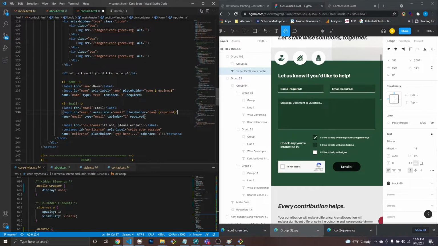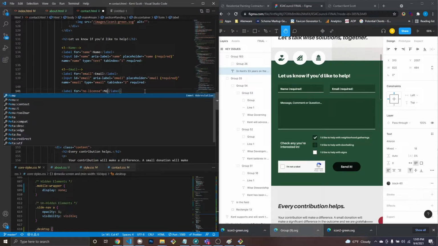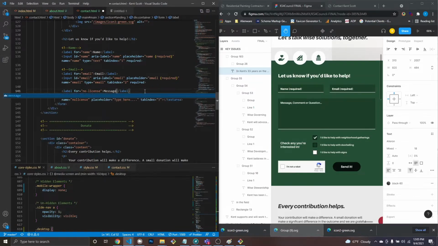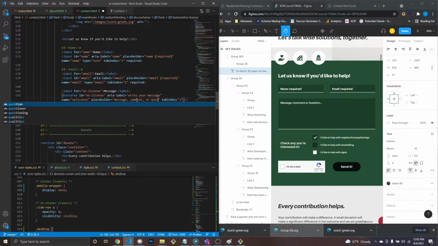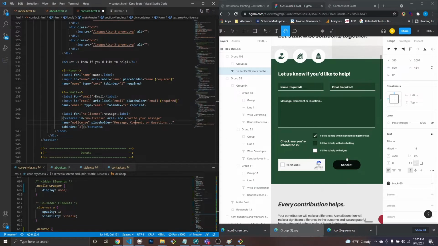And another one, email. And then message. And then here, placeholder, it's going to be message, comment, or question. And I think these are capitalized. Okay, and